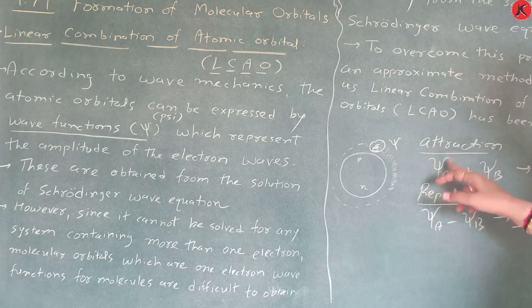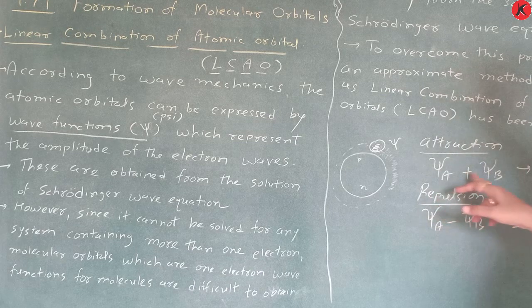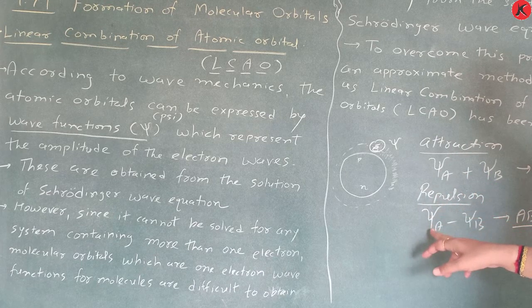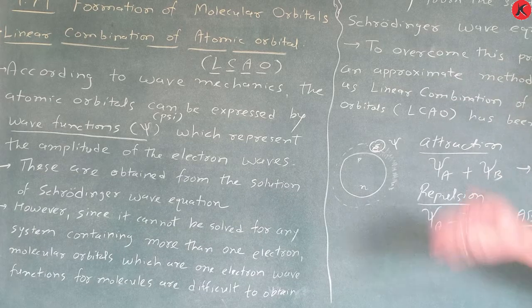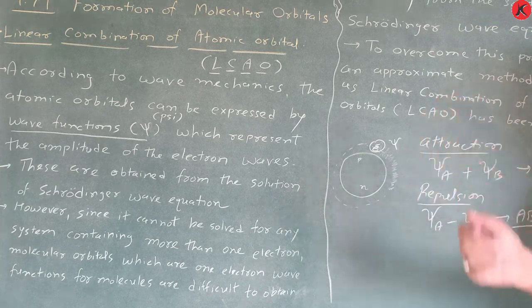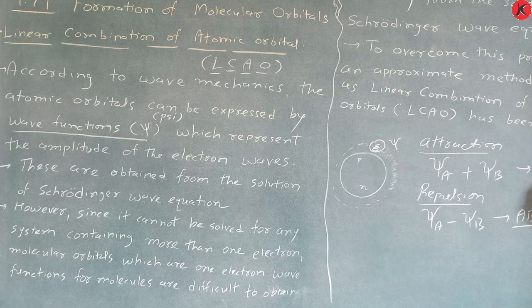But remember here, when attraction is there, it is psi A plus psi B. When repulsion force is there, it is psi A minus psi B. When psi A plus psi B is there, energy decreases and that's why stability increases. So it is nothing but bonding molecular orbital. And when repulsion is there, energy increases and it forms ABMO, anti-bonding molecular orbital. So write it completely here, and we will give one example on the basis of the H2